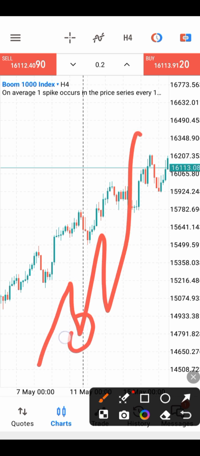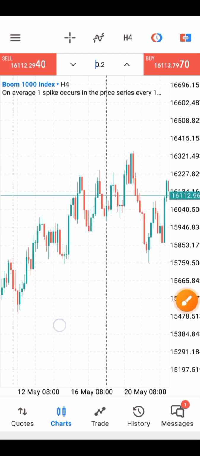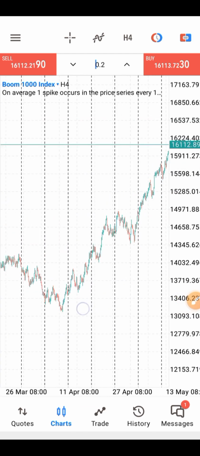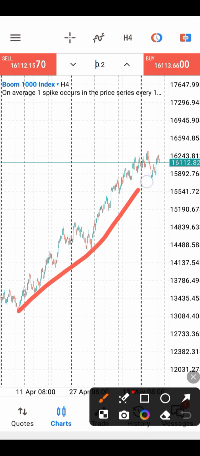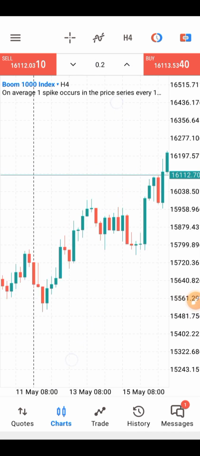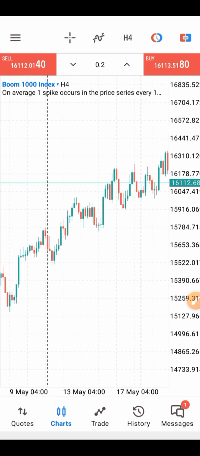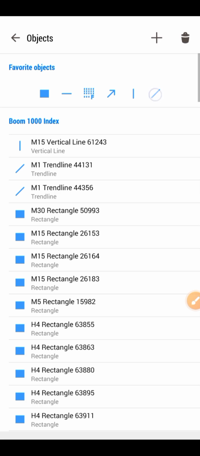So if we confirm two lows in the uptrend, that makes the trend very valid. Same thing is applicable here now. If we shrink this chart now, we have a very long-term trend. You can see, but as a day trader I don't need this long-term trend. I want to look deep into the market to find two lows that just make a trend valid. First of all, let me use this as an example.